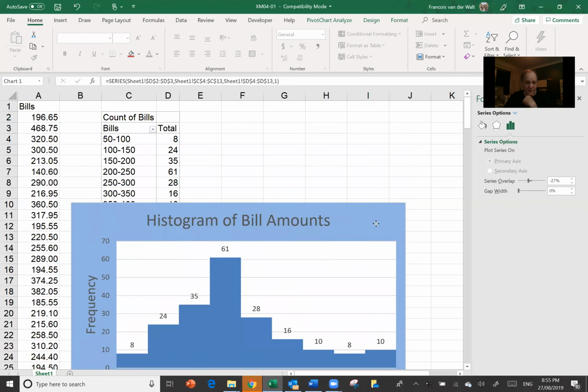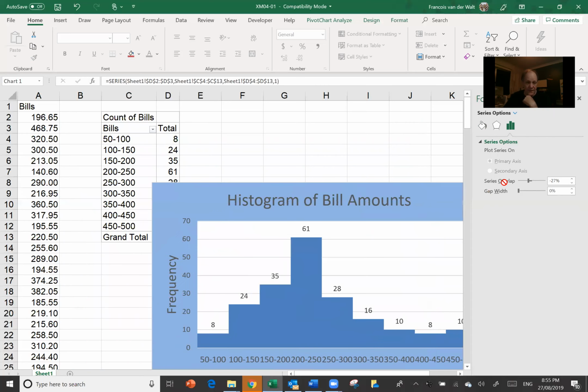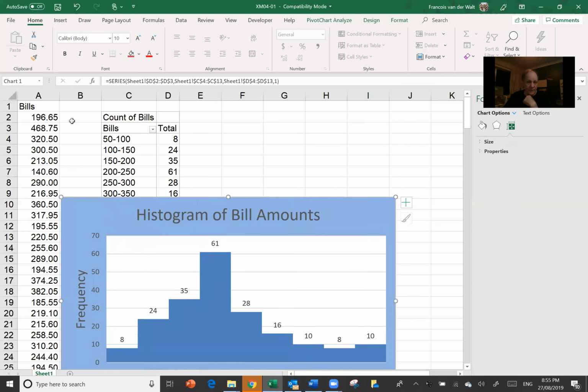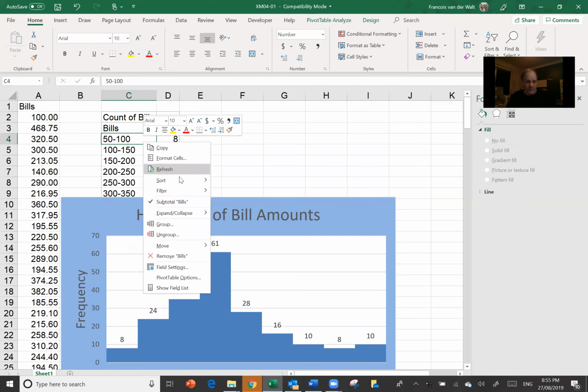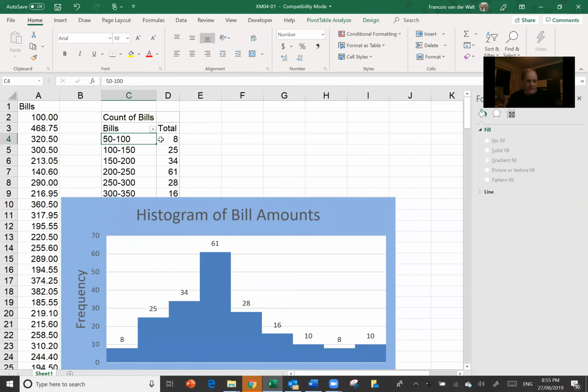Now, quite frankly, I normally just do it interactively. So I would go here and change a bill to 100. And if I now right click and refresh, I can see it added it into this one. So Control Z will change it back to the previous value. So I know this one includes it, and the mathematical agreement of how to do it is to put a square bracket where it includes,